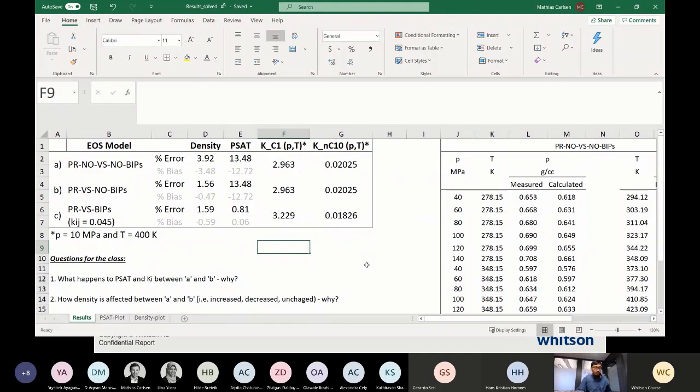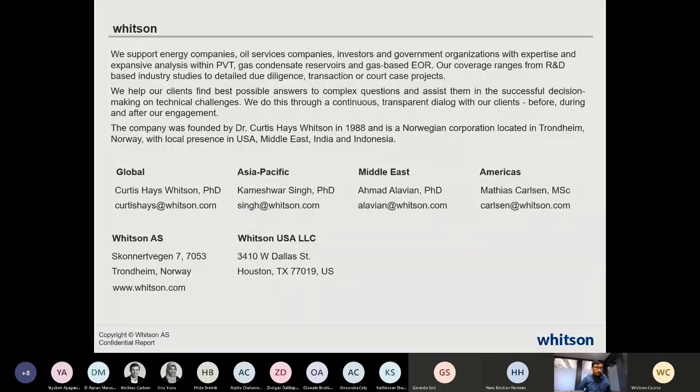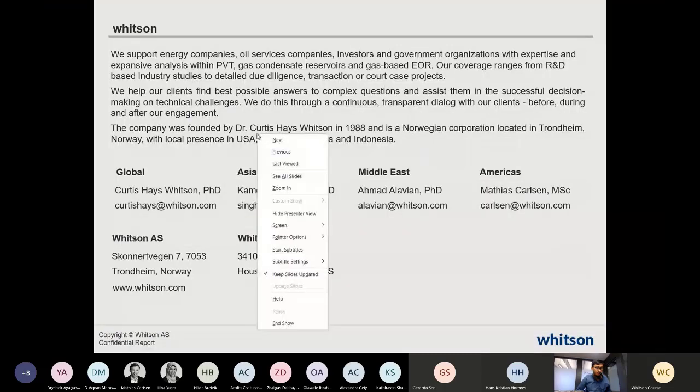Important to know that the bubble point, like if we talk about just open the... Do we have Paris? No? Yeah. If we have the bubble point, then the bubble point prediction is actually directly proportional to the K value